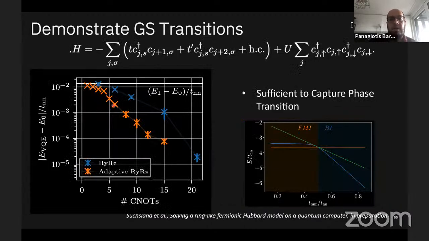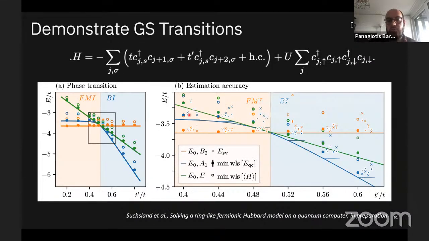For this problem, we used an adaptive RY-RZ variational form, where we started by changing the number of RY and RZ gates, so the EfficientSU2 that I mentioned before. We just changed the number of gates that we are introducing, and we were varying the ansatz until we had quite good convergence. You see that the convergence is quite good, and with the error mitigation scheme that we introduced, we were able to capture the phase transition quite nicely. This work is in preparation, and we will have a paper on the arXiv soon.